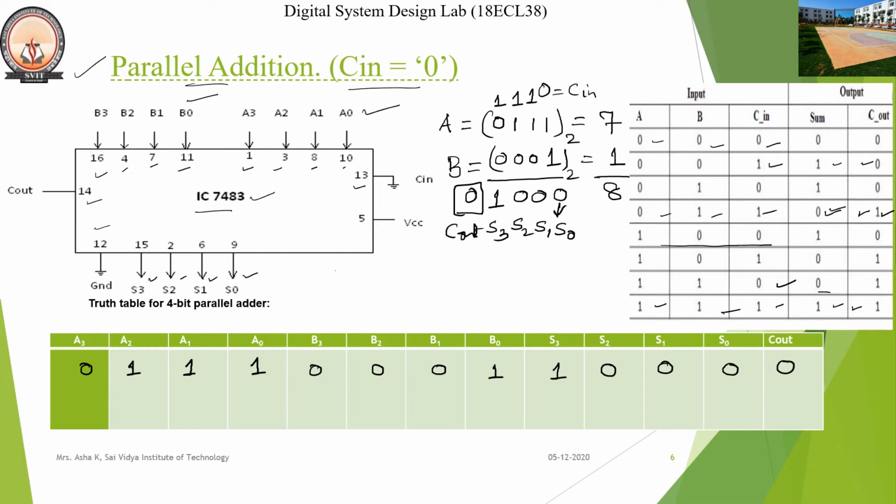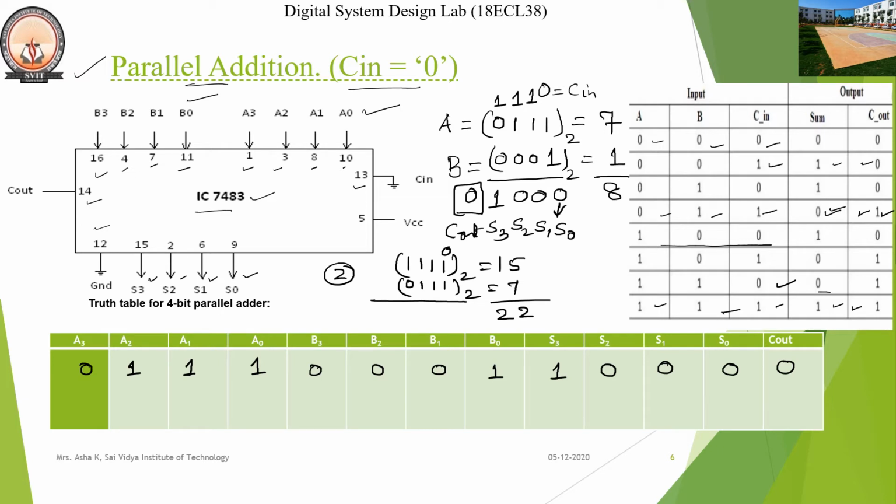Let us consider an example 2 wherein we add two numbers that produce the carry output. Consider the number 15 in decimal and another number, say for example I'll be having 7 in binary. Say after performing 7 plus 15 we are going to get 22. Say perform the addition by using the parallel adder considering C in is equal to 0. Say now here C in bit is equal to 0.